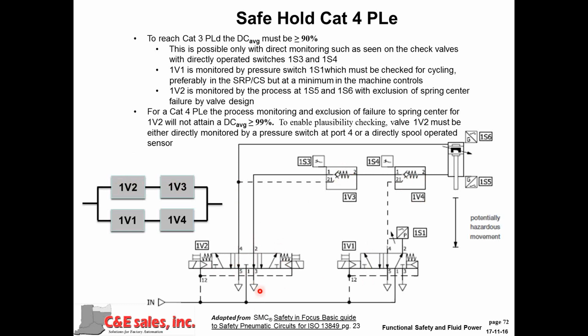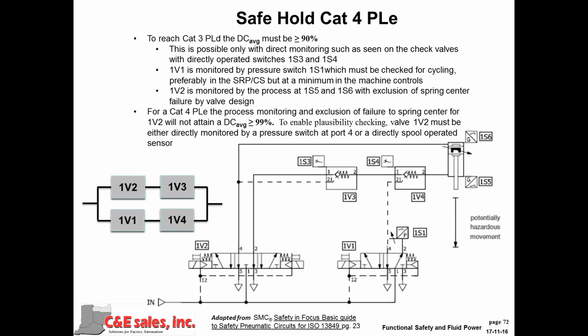And it's not any higher than that because I don't have any direct monitoring of this particular valve. I don't know if I'm going to get a failure here. I can't check it against a potential failure here. This particular valve, I have both a pressure switch here on this port and a check valve, and I can do what is called a back check or monitoring